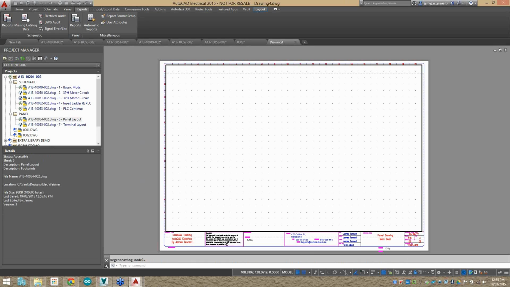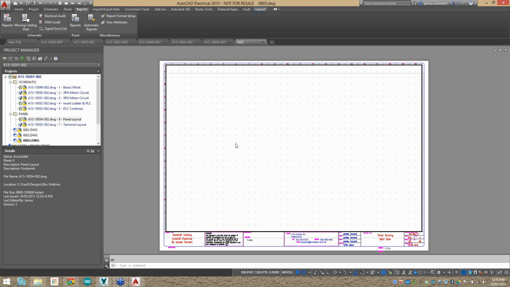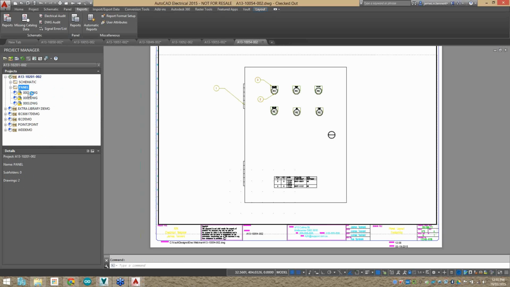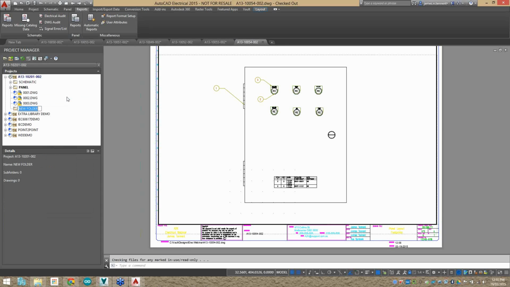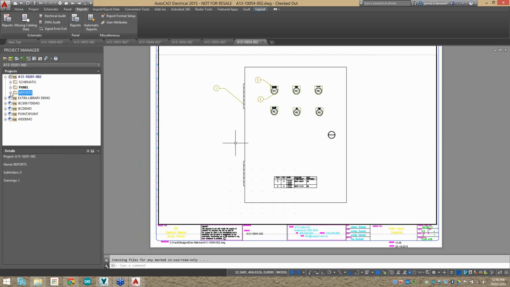So that's created my bill of materials. And now it's going to go ahead and do my from to list, and at the end of that it will be finished. Next thing I want to do, there's my reports there, 01, 02, 03, they're my reports. So let me just make a new subfolder, call it reports. And I want to place those 3 drawings inside the reports folder there,